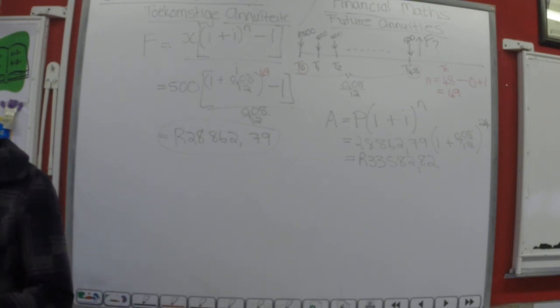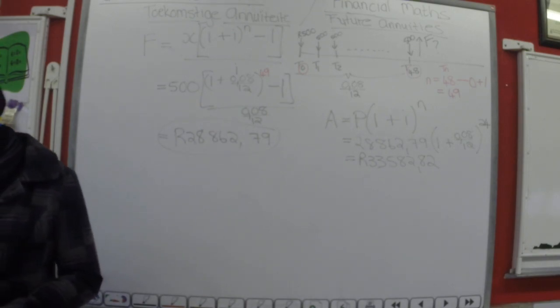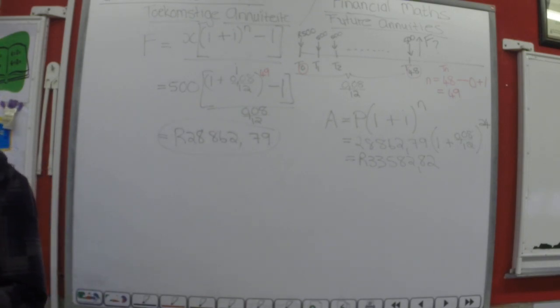The money earns 15% per year interest compounded monthly, so that the last installment is being paid on her 30th